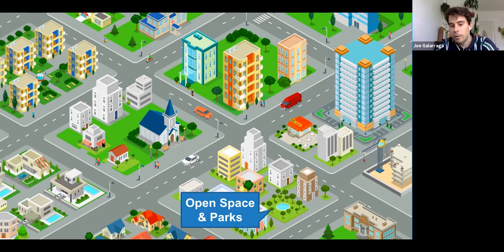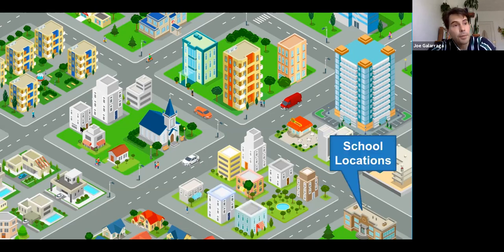Open space, green space, parks, that is extremely important. There's so many different connections in studies that have been done in public health that connect green space to mental health outcomes, the ability to go and sit in the park and relax, and what that does for stress, the effect that that has on people. And also physical health. If you have a place where you can go and exercise and can go out and walk, you see reductions in cardiovascular disease outcomes, things like that.